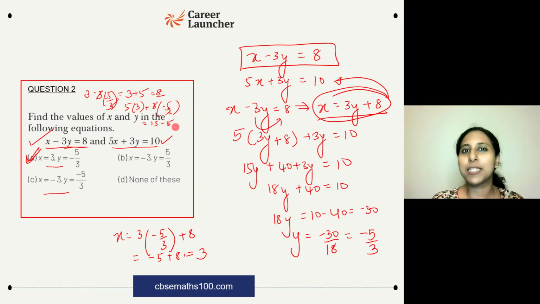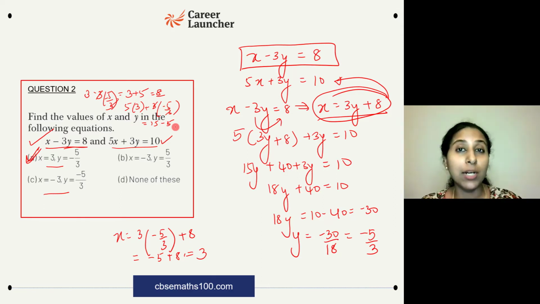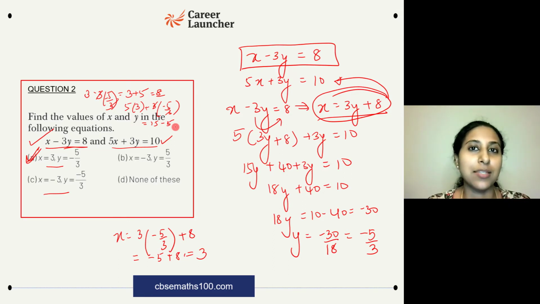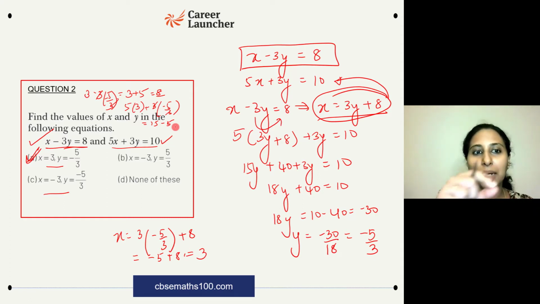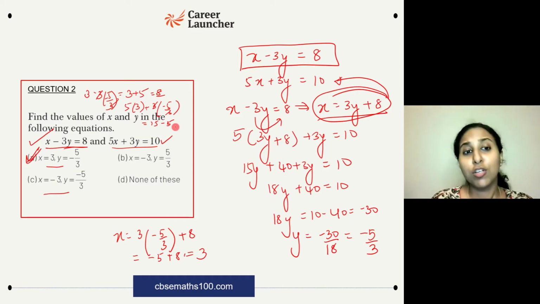So this is also a possible way, but it might take a slightly longer time if you're not quick with your calculations. Here it is okay because it happens to be option A itself, the answer. What if the answer is option C or option D? Then it might take quite some time by the time you substitute everything and check which one could be the answer. All right. So choose this method wisely. Otherwise, maybe solving the equations itself might be faster.